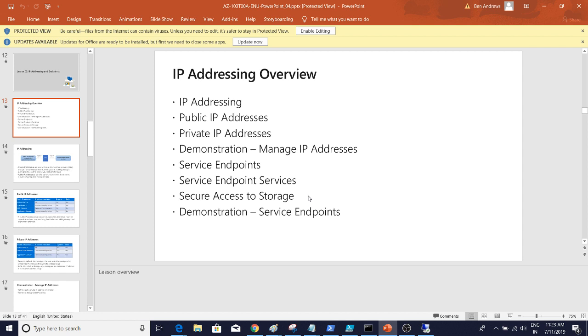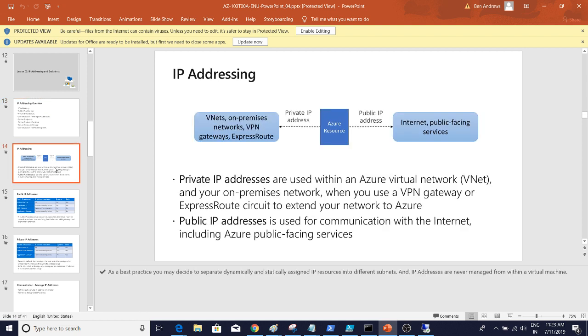So let's first talk about what IP addressing is in Azure. Just like normal IP addressing, Azure also uses the concept of IP addressing to provide communication between one Azure resource and another Azure resource. For example, if you want a virtual machine to interact with another virtual machine within a subnet, they will do it through the private IP address. But if you want a virtual machine to be accessible through the internet, that virtual machine should have a public IP